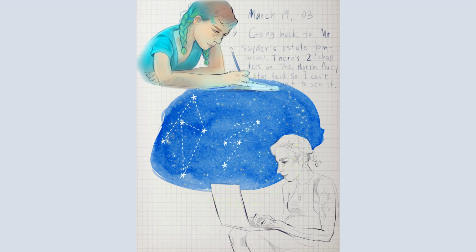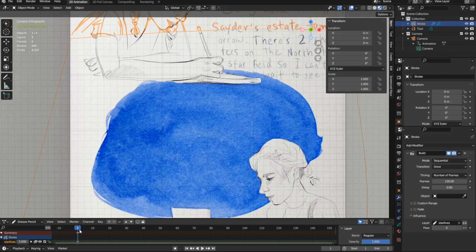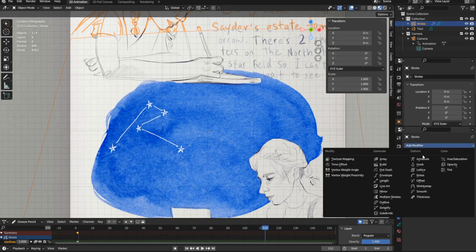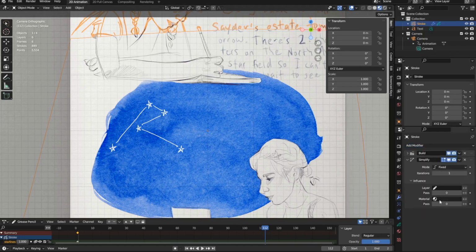In planning for this, I had to figure out how I would control the speed of the animation. I have two separate elements that will be animated, a dotted star line and also 5 pointed stars in between the lines. I wanted the lines to draw in slowly, but to have the stars appear as quickly as possible. But when I just draw all of these strokes, the build modifier will have them appear all at the same speed because it's based on point count. So that point count is what I'm going to have to control to modify the speed of my build modifier.